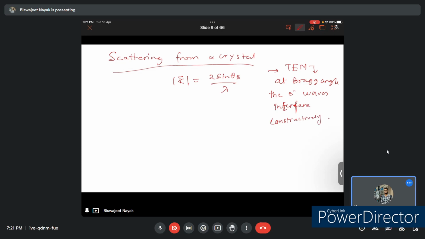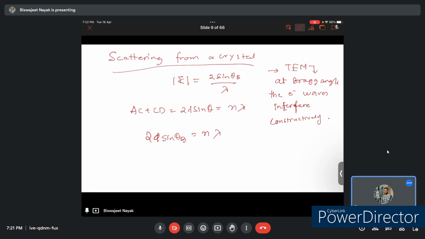So the path difference AC plus CD, given as 2d sine theta, we will denote as n lambda. Then the above equation at the Bragg angle becomes 2d sine theta B equals n lambda,